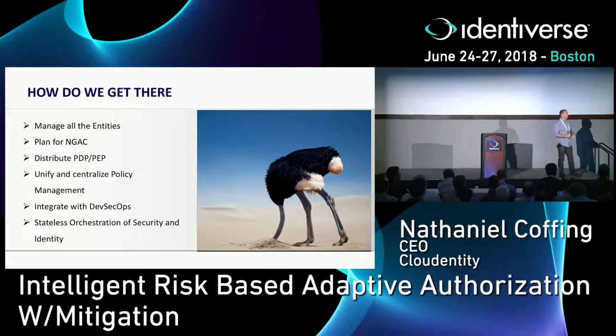Finally, we've got to integrate with DevSecOps. Let's push this back into the developer value chain. We'll talk a little bit more about how that happens. And then keep a stateless orchestration, right? So everybody's got a multitude of identity products, right? And there's a fantastic way of being able to pull those together with the advent of microservices. Instead of just looking at it as, hey, I've got Oracle, I've got IBM, I've got Ping, I've got ForgeRock, whatever it may be, start to be able to marry those together, not just from a data version, but make sure they're all intercommunicating properly so your business units are reconsuming the same types of tokens, mapping relationships between what's stored in all of those individual identity silos across your business.